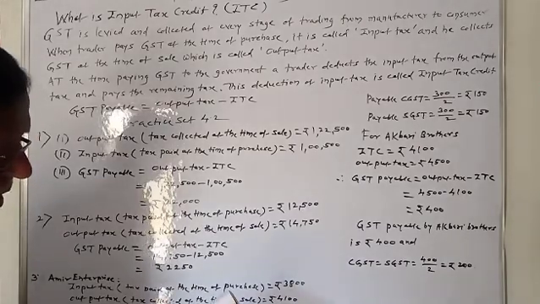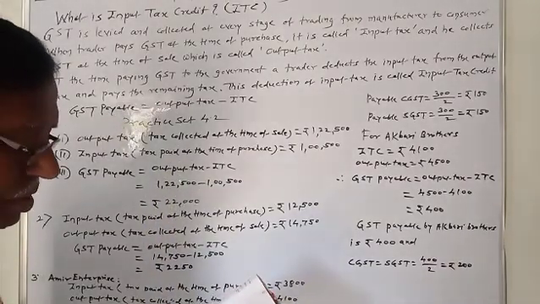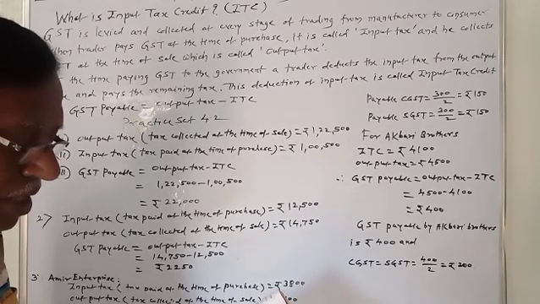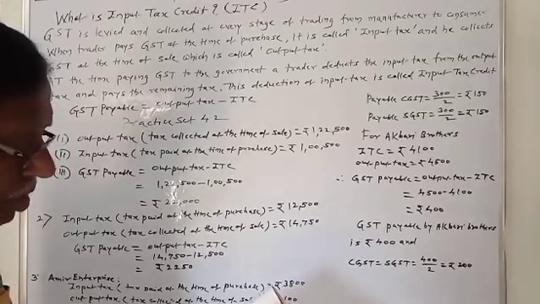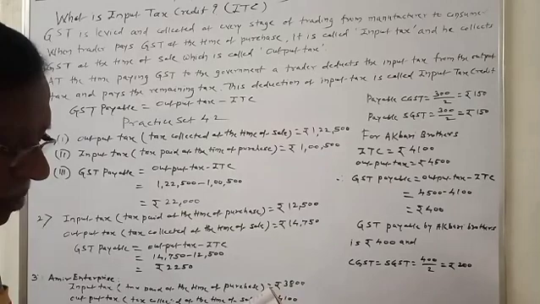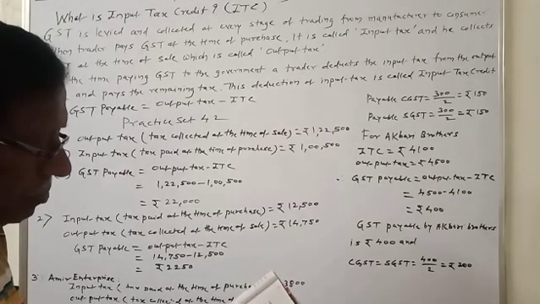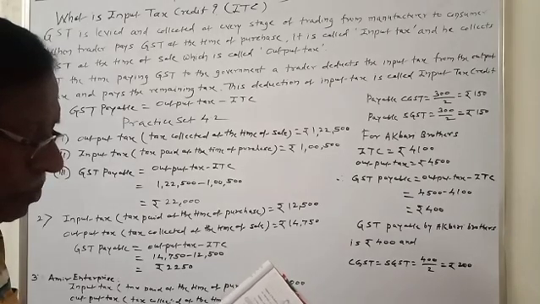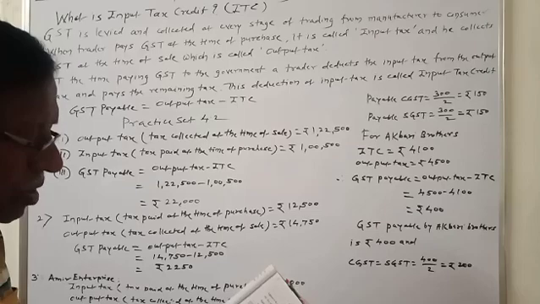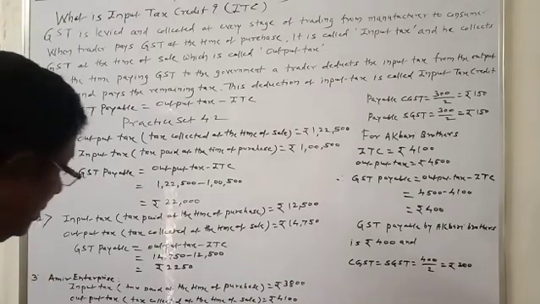The third example is Amir Enterprise purchased chocolate sauce bottles and paid GST rupees 3,800. He sold those bottles to Akbari Brothers and collected GST of rupees 4,100. Mayank Food Corner purchased these bottles from Akbari Brothers and paid GST of rupees 4,500. Find the amount of GST payable at every stage of trading and hence find payable CGST and SGST.